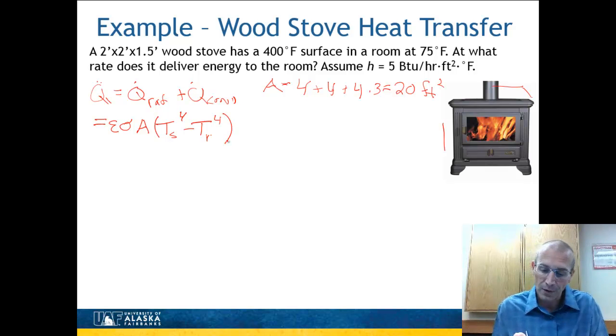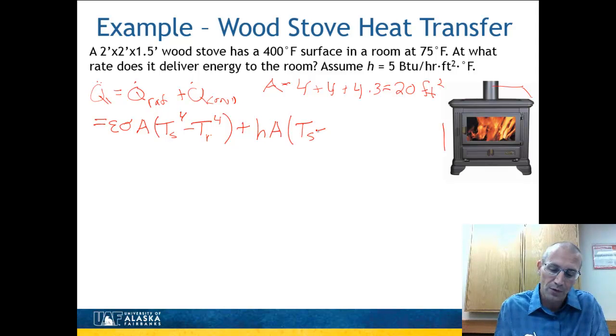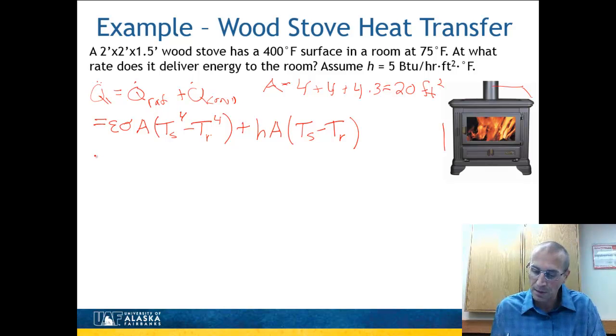There's my radiative component, and I also need to go ahead and add my convective component, hA times T of the stove minus T of the room. Let's go ahead and plug some numbers in there. Emissivity, if you recall from one of the previous slides, stoves tend to be painted black because they're very good emitters, and so a value of 0.98